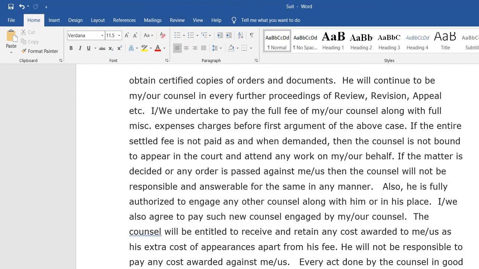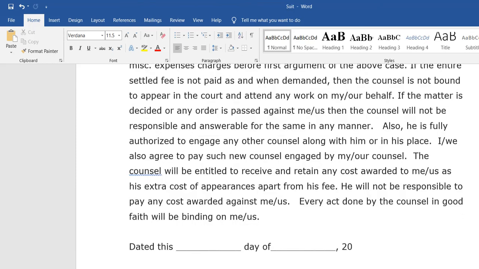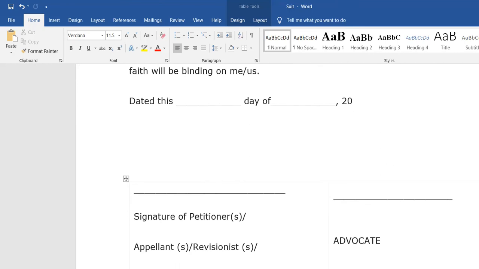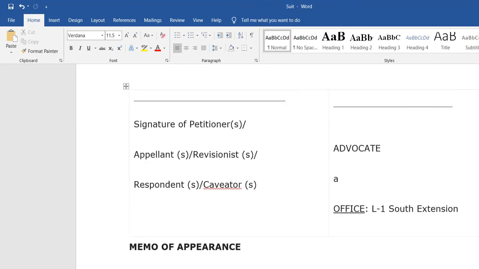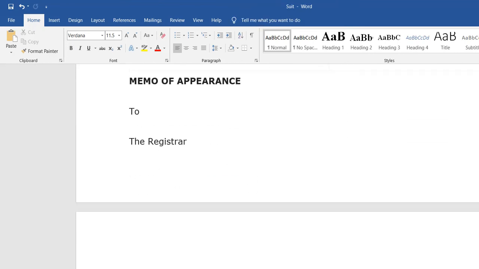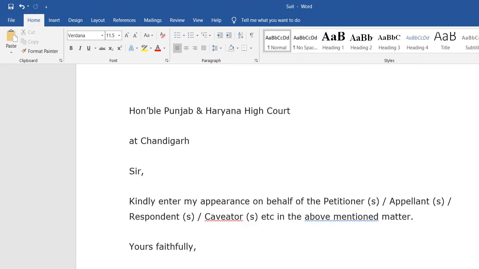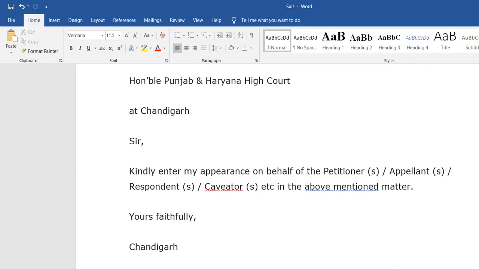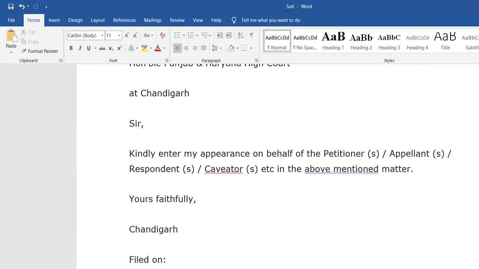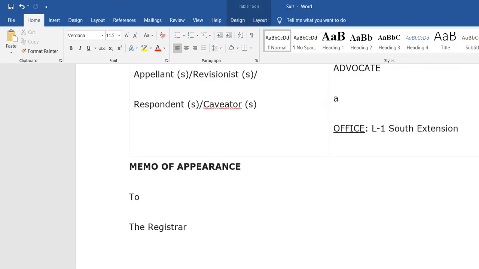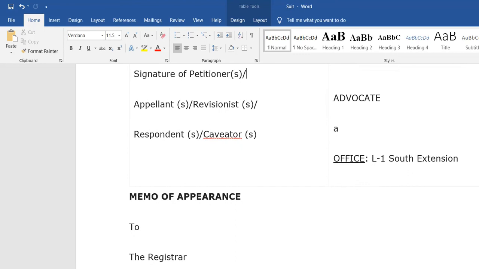Also, the client has to pay the advocate to complete the case up to a particular level of time. Also here the advocate's name is filled in. So this is a sample of the Wakalatnama and memo of appearances.